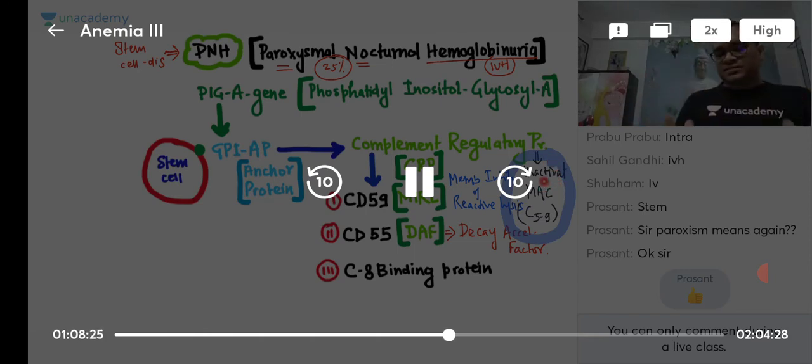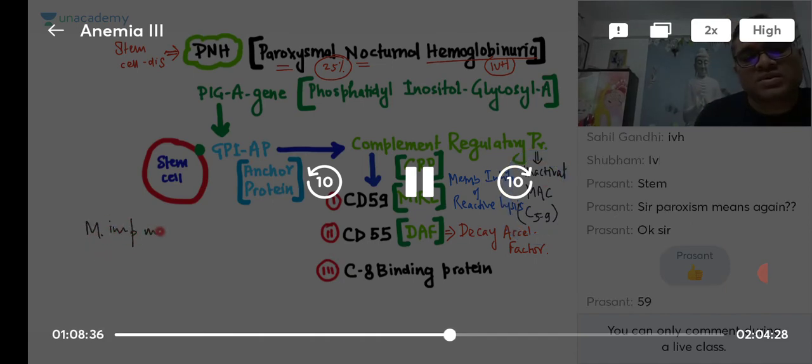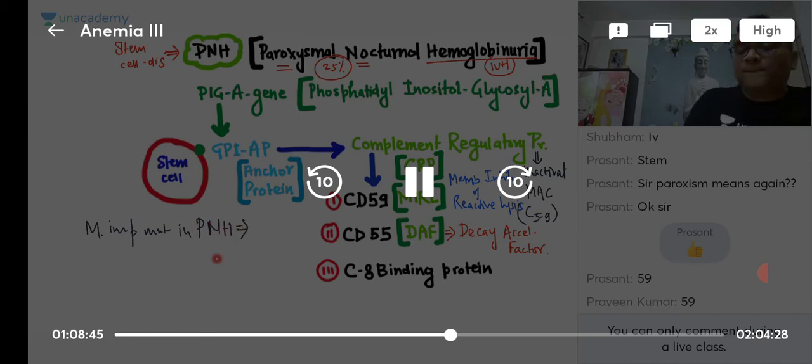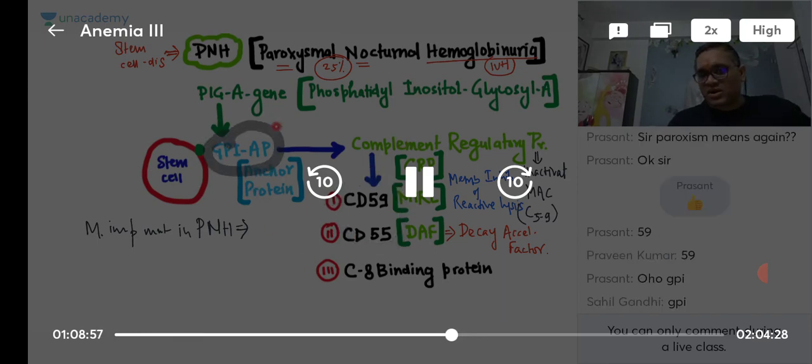Why have I shown you this normal structure? Because if the examiner asks you the question, out of all these, which is the most important mutation in PNH? What should be the right answer? Who is the most important? This one or this one? Who is the parent? Who is important? Parents are more important, or are we more important? Who came first? Parents, right? So parents are the most important.